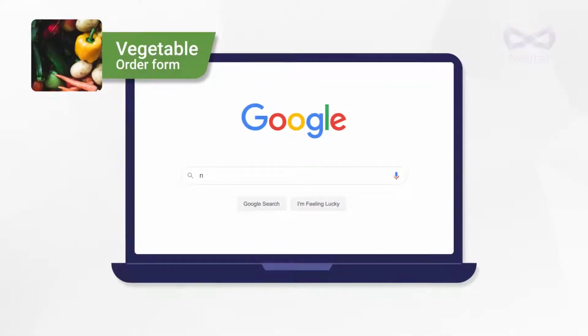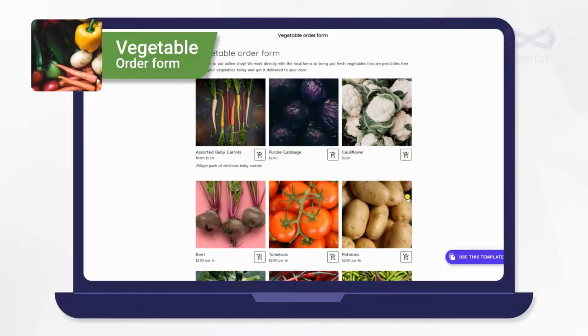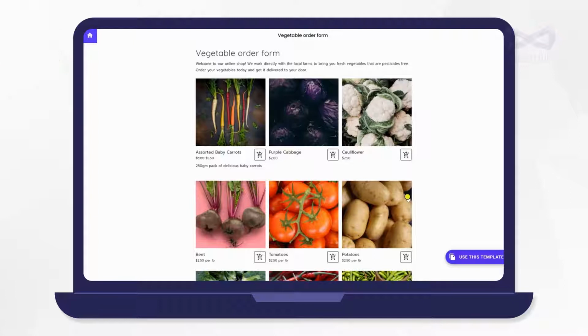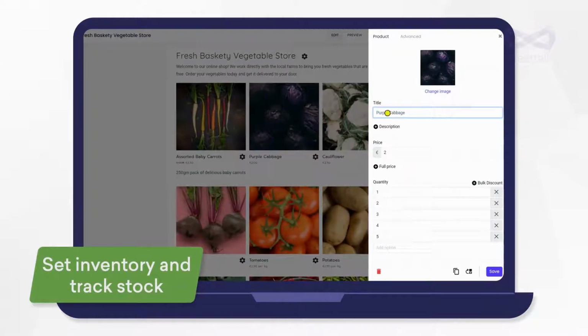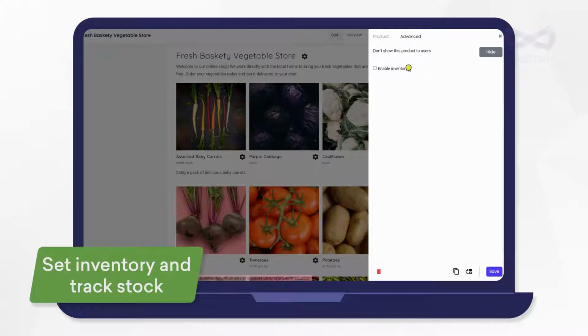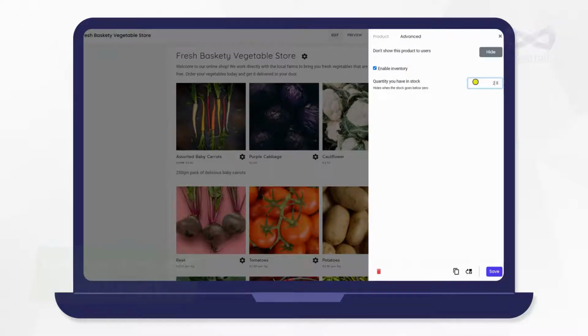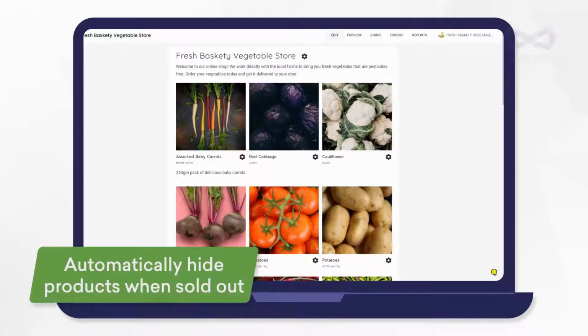This online vegetable order form template is specifically designed for farmers and farms who offer a weekly supply of vegetables. You can keep changing the list of vegetables and their prices available in your store every week. You can also set the inventory based on how much of each product is available for ordering. As your customers keep placing their orders, this inventory will reduce automatically. Finally, it will help your customers choose from what is available at the moment of their ordering.